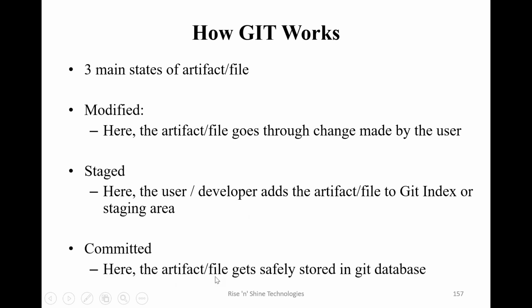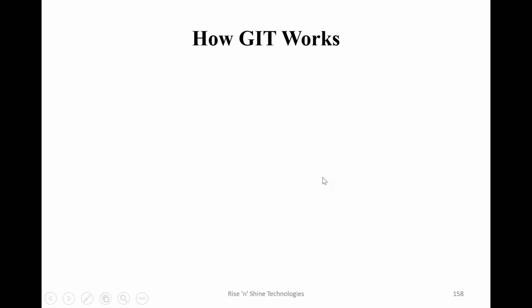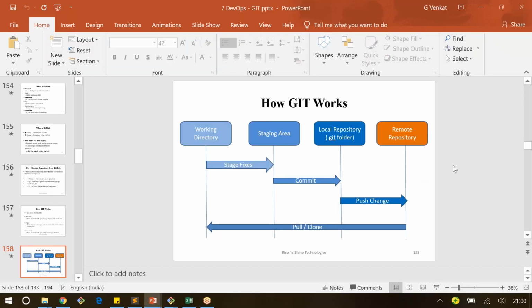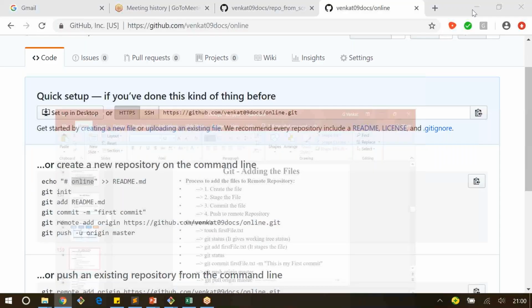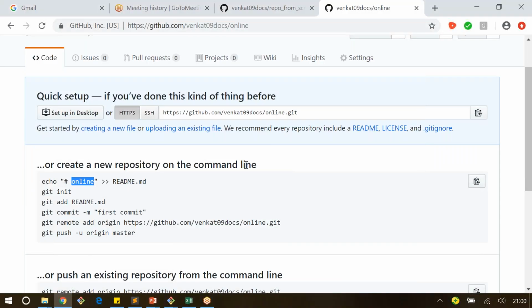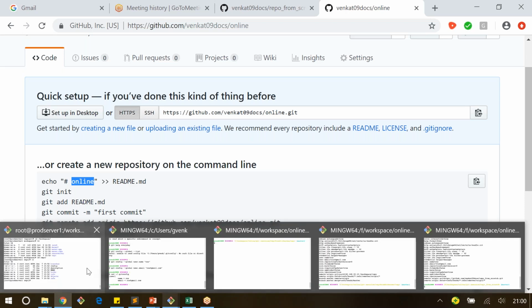So then here the artifact of the file gets safely stored in the git database. Then we need to use git push or git pull. Yeah, so that's about the process. Now let's talk about some commands here. Okay, so we will work with the GitHub repository. Like with GitHub or a Git server, all the remaining commands are the same, but which remote repository is mapped, to that remote repository the files will be pushed, but we are going to talk about it on the,